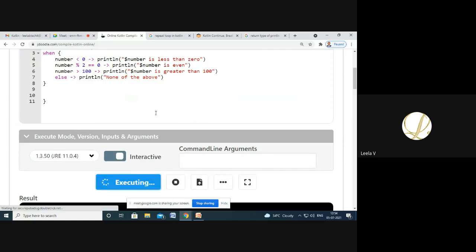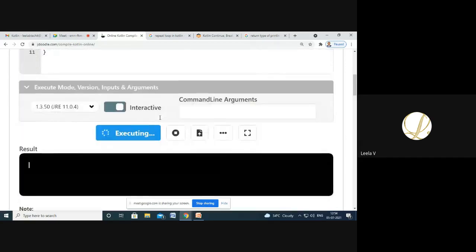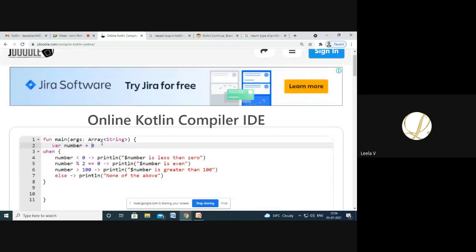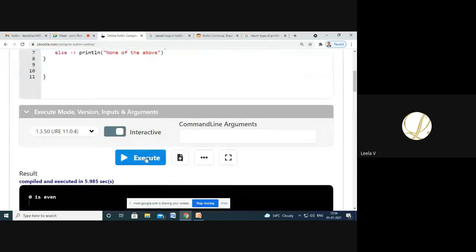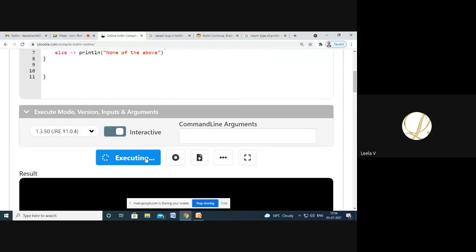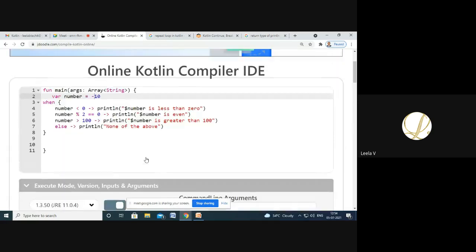If I'm doing 0, that will be printed as even. So I'm giving a negative value. So it prints minus 10 is less than 0.